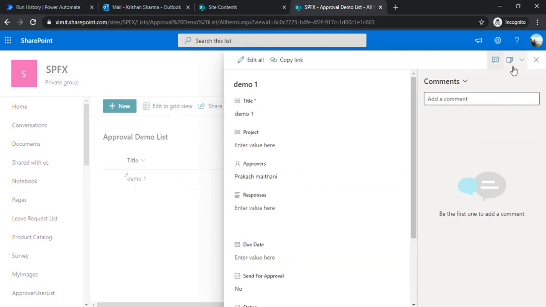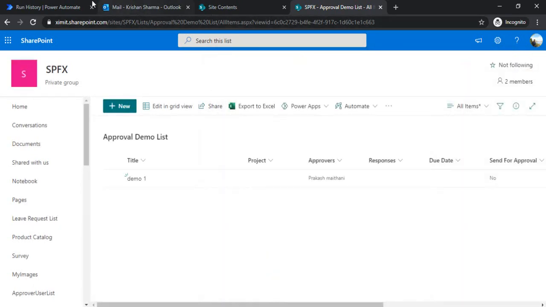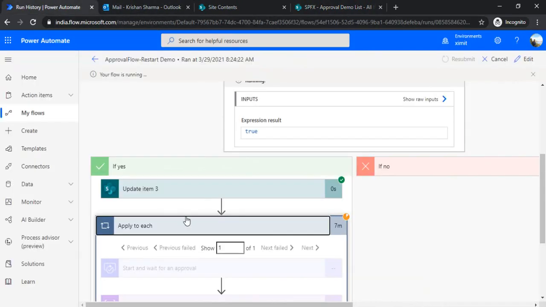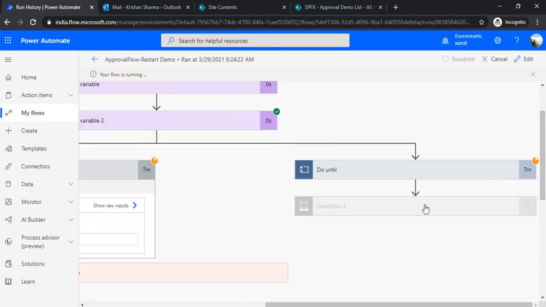So once that is set to yes, because this flow has already created a task for me, if I am having that reminder logic in place, then I don't want the previous approver to be buzzed for approving a task which is no more valid. That is why, in this parallel branch, we are checking for that restart and cancelling the existing one, so that the previous approver should not be getting reminders or be required to work on his task. So we'll just wait